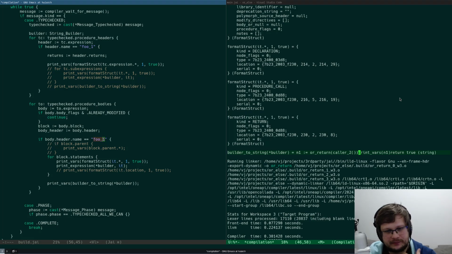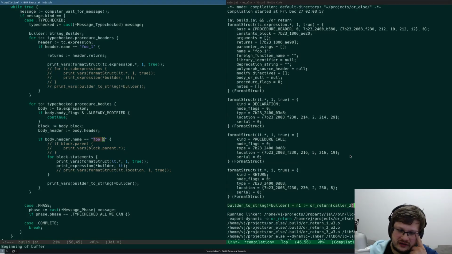Yeah, we can only support top level or returns. I mean, why would you even want to nest them? I don't think so. You have a top level or return where you insert another or return. That would be weird.